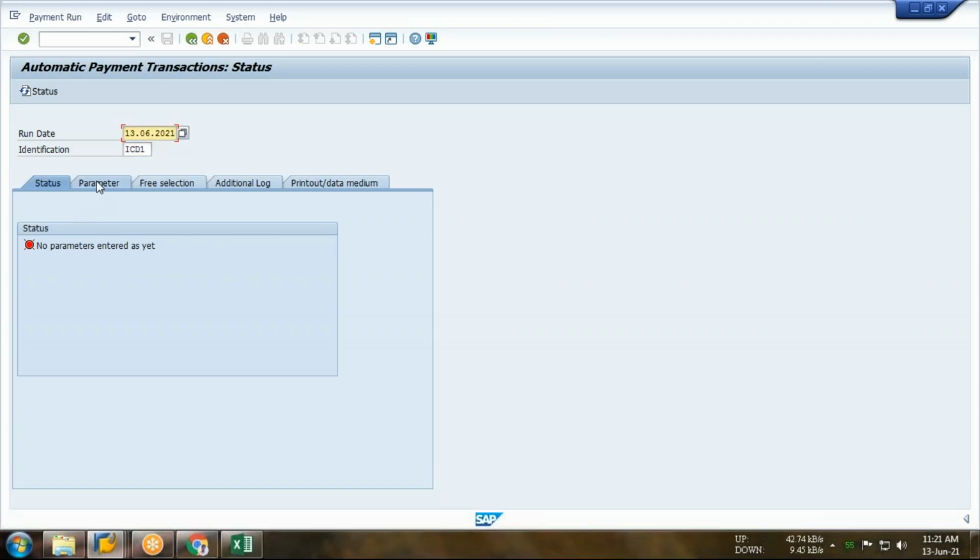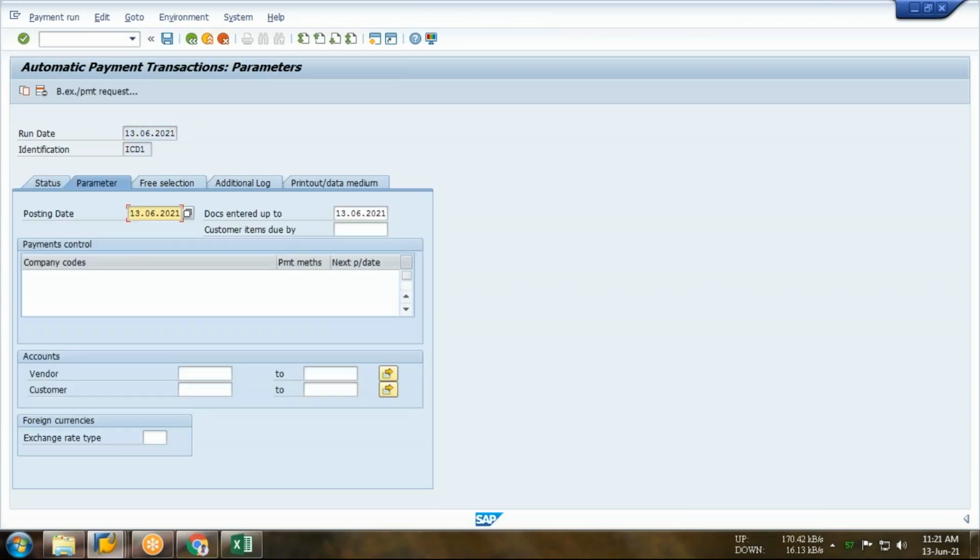Now come to the parameter. In the parameter tab, you have to select the company code. So my company code is ICDL and payment method is F. Next payment date, I am putting tomorrow's date. You have to put the next payment date to complete the automatic payment run. So I am putting the next payment date, it's 14 June.